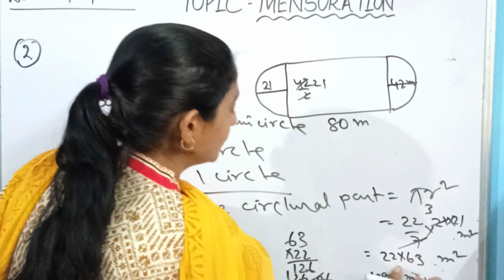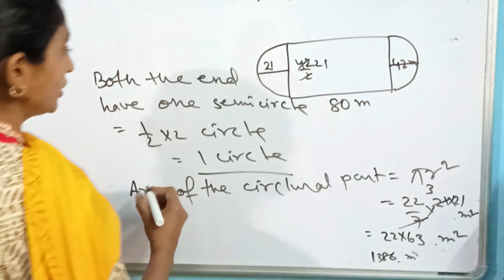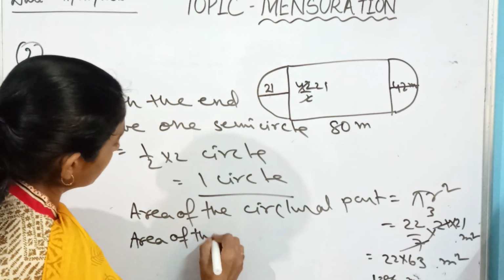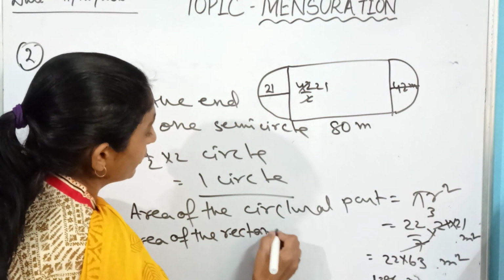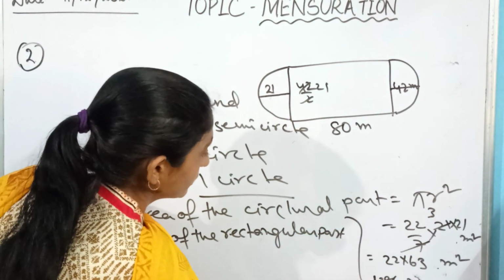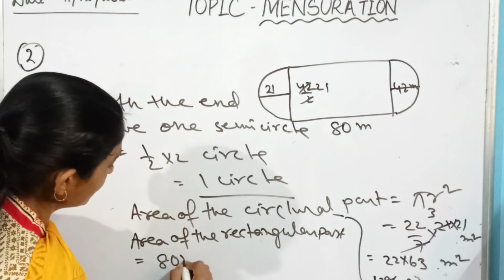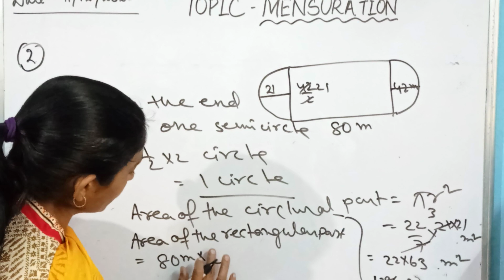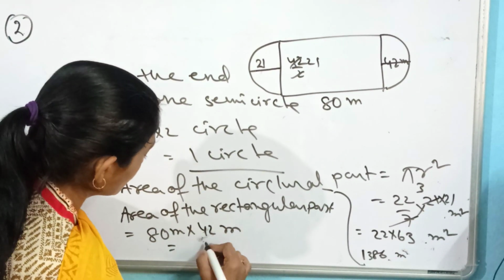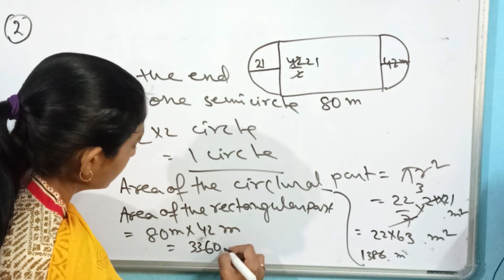Now come to the second part. We have to find the area of the rectangular part. Area of the rectangular part is equal to L into B, that means 80 meter into 42 meter. That means 8 2s are 16, 8 4s are 32, plus 1, 33, then 0, that much meter